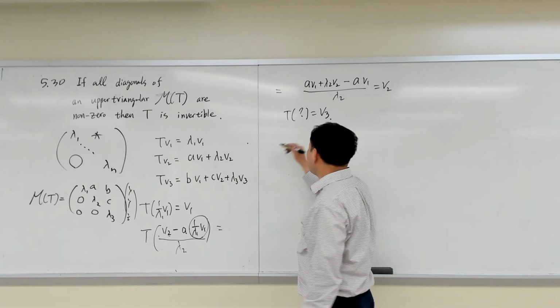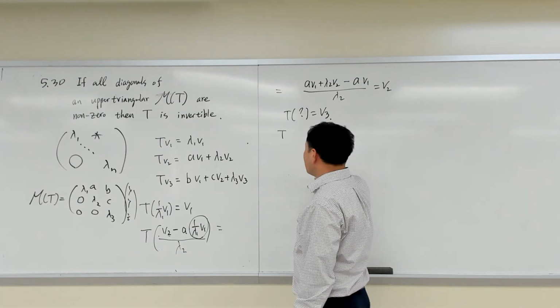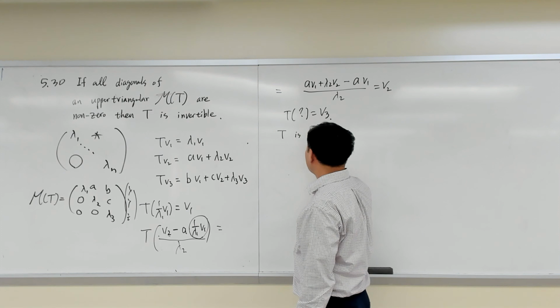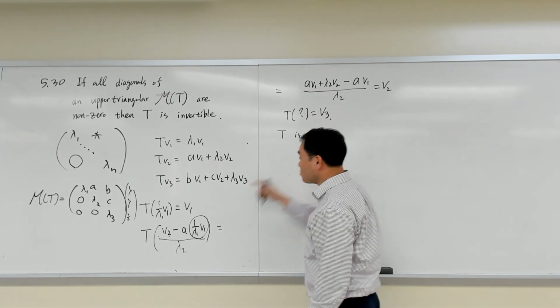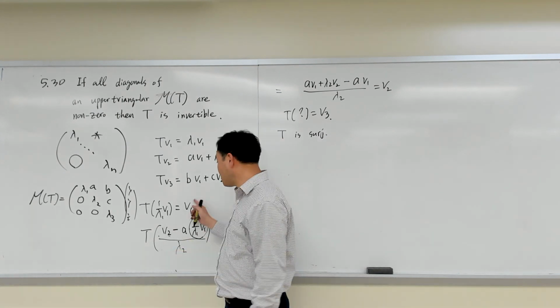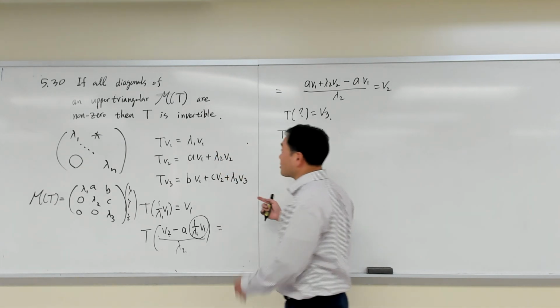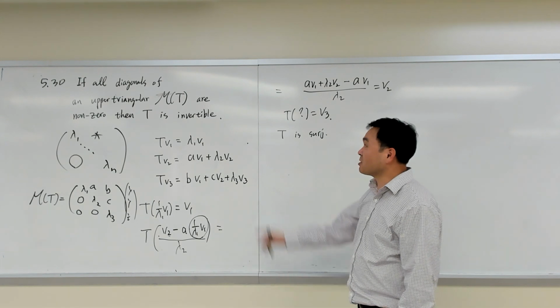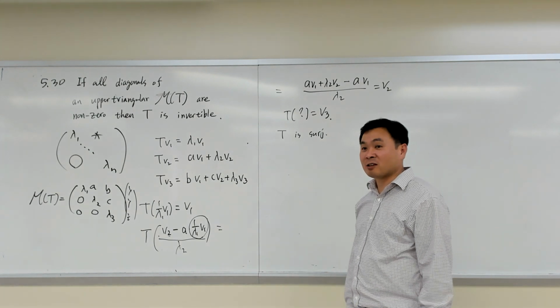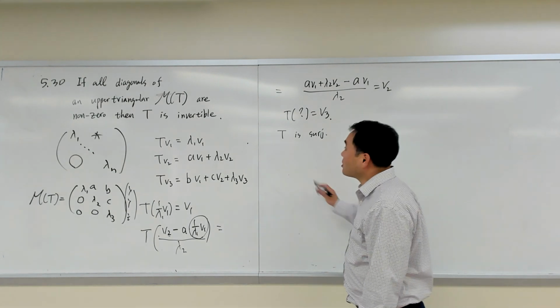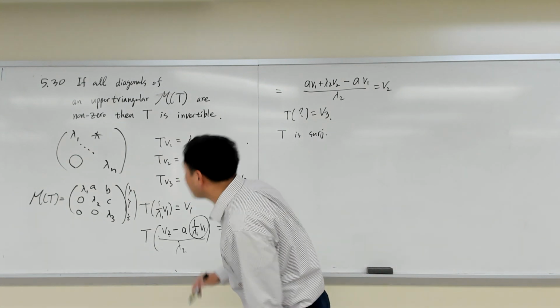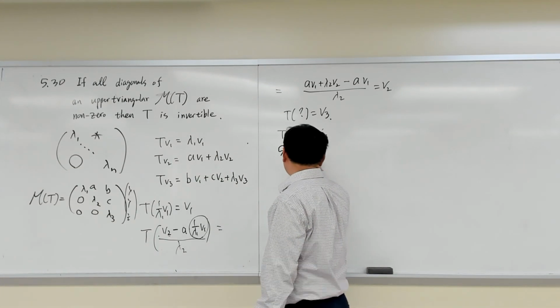So what that means is that T is surjective, because it produces all the basis elements in the target, right? So if T is surjective, then it's invertible. That's true in a finite dimensional space, right? So that's true. And then the immediate corollary of this is 5.32, which says